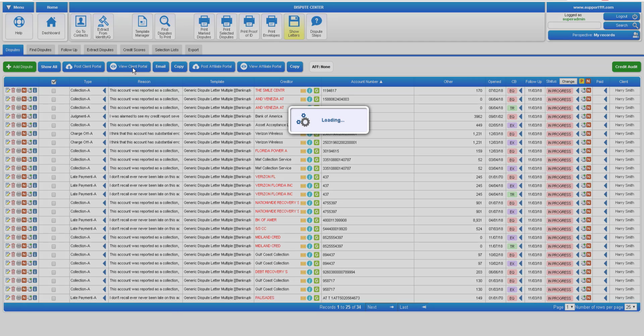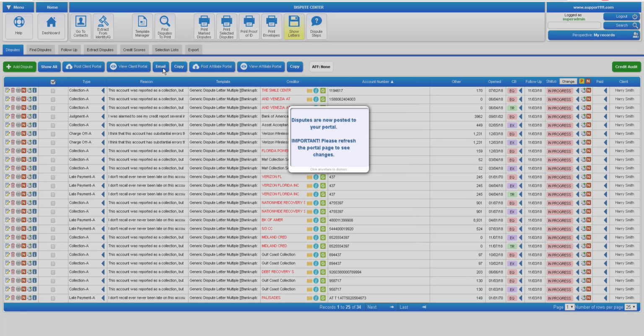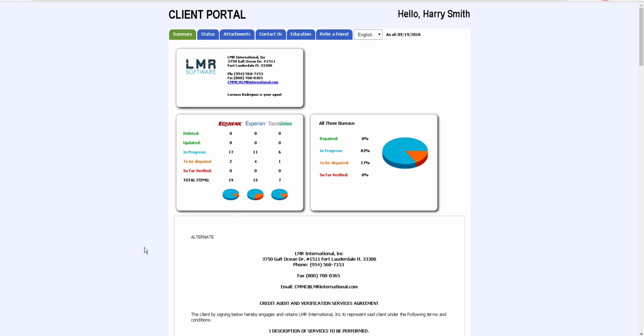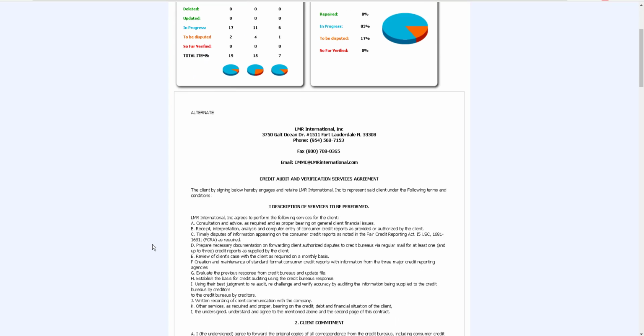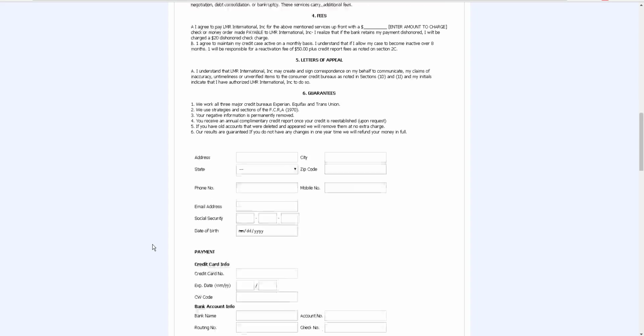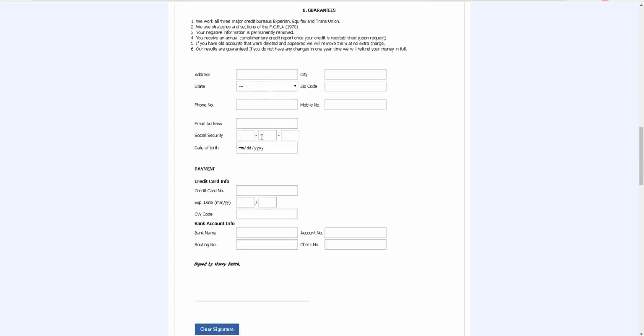Okay, so I'm posting the portal for this client, and I can email the portal to the client, or in this case I'm gonna view the portal only. And here you see, for example, that it has the agreement, and it has the data that I could enter here, right? So I could enter the social. This should have been done before, but I didn't do it before. But anyway, I could put something like this, and I can enter here